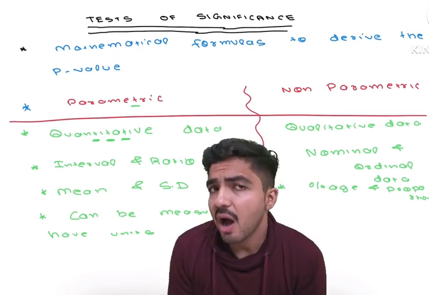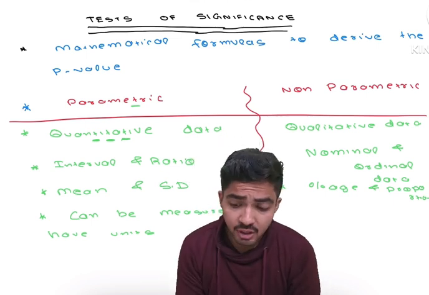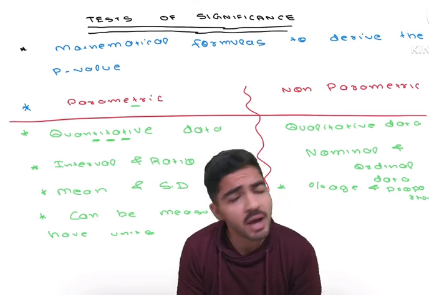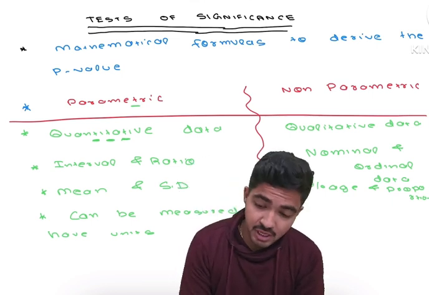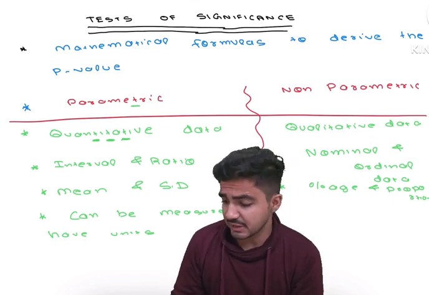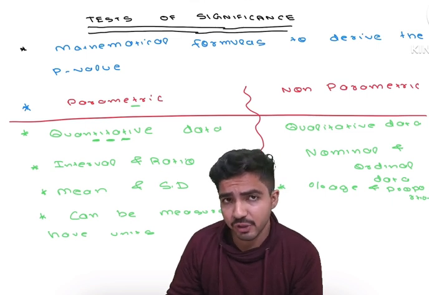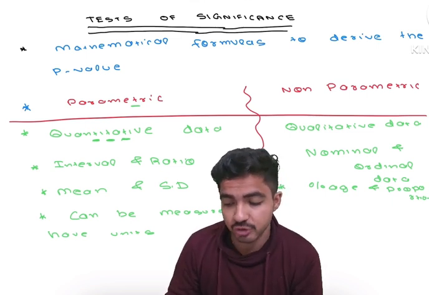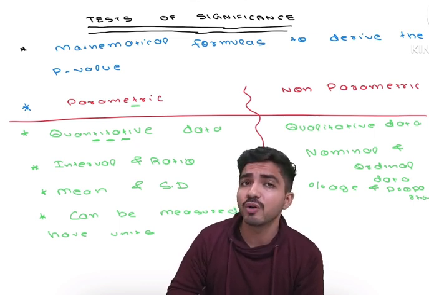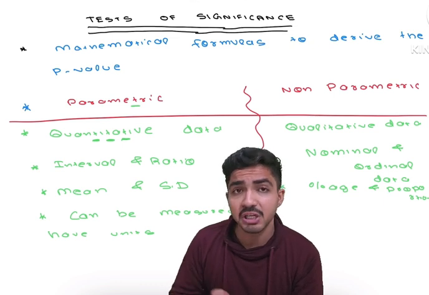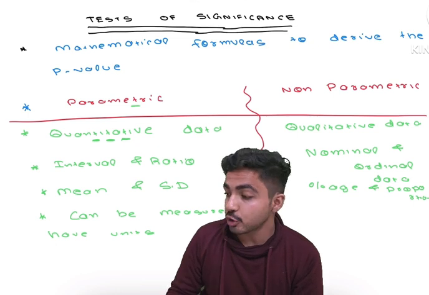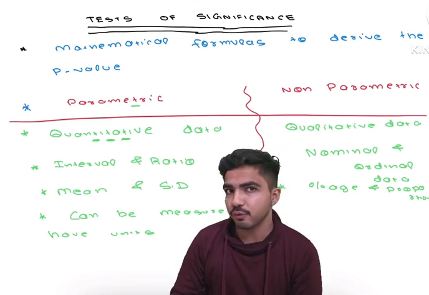What is height? Height comes under quantitative data because I can calculate the mean height, because it is continuous data and it has many values between two observations. Many means infinite values. I can have a height of 160, 160.1, 160.11. So there are many values in between, and it can be measured and it has units. If I ask you about anemia, tell me what type of data it is.